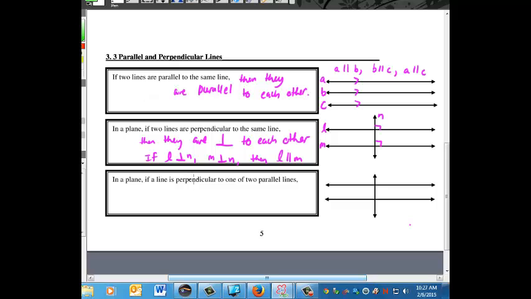We can also say that in a plane, if a line is perpendicular to one of two parallel lines, then it is also perpendicular to the other. So let's label these lines again. We have line L, we have line M, we have line N up on top. Put a 90-degree box here. And remember that we can stretch this box all the way around. We don't have to, but it's assumed that since we have one 90-degree angle here, this angle is also going to be 90, this angle is also 90, this angle is also 90. We just don't have to show it all the way around. So what I can say